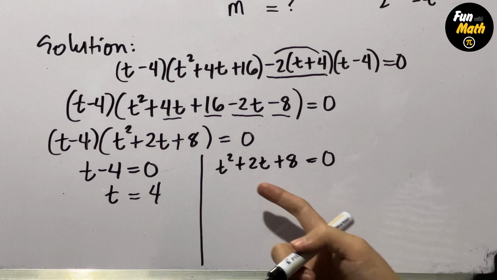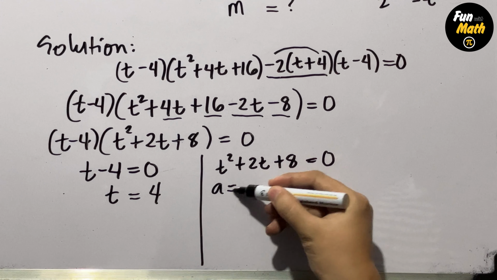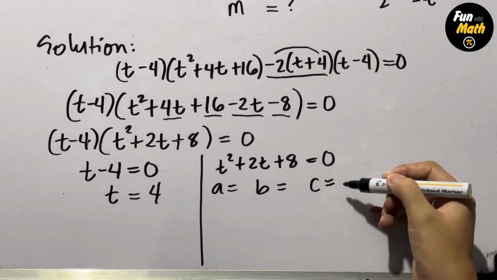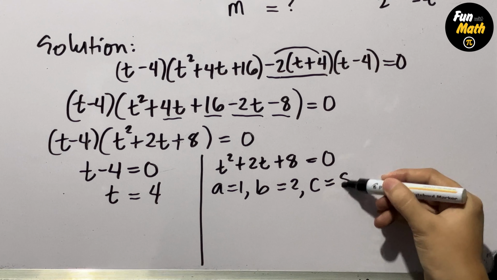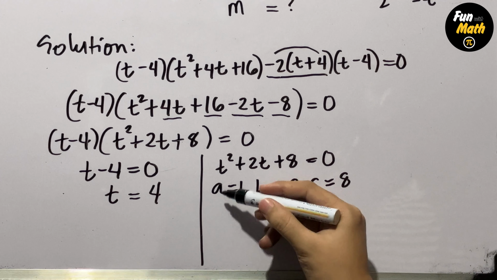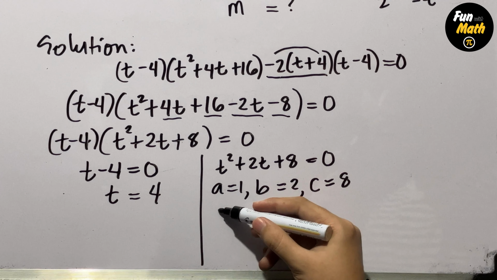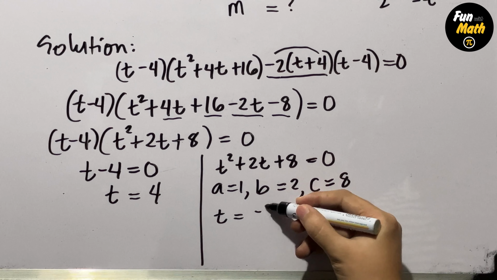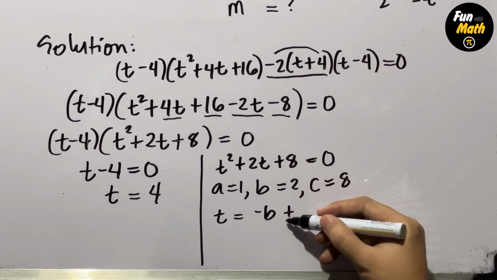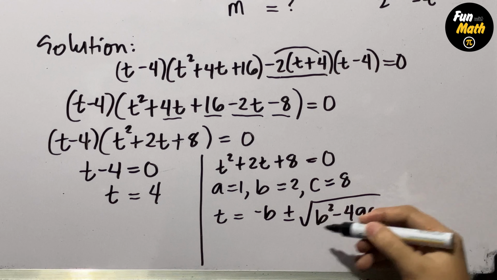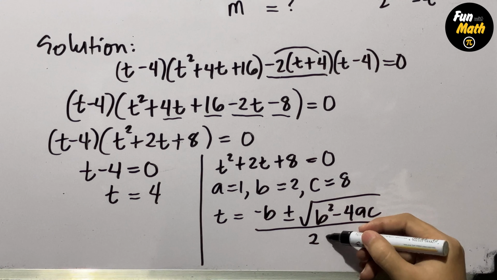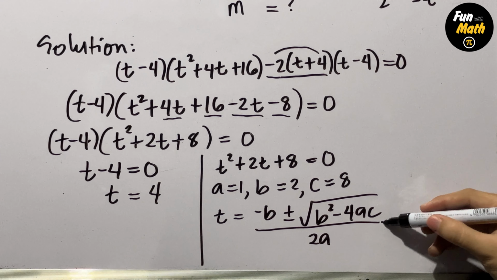But before that, let's identify the value of a, b, and c. For a, that is 1. For b, that is 2. For c, that is 8. Now, the quadratic formula is, we use the variable t is equal to negative b, positive negative square root of b squared minus 4ac over 2a. So this is now